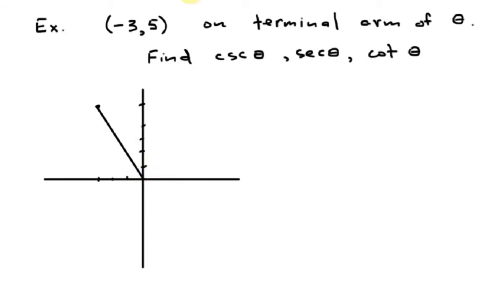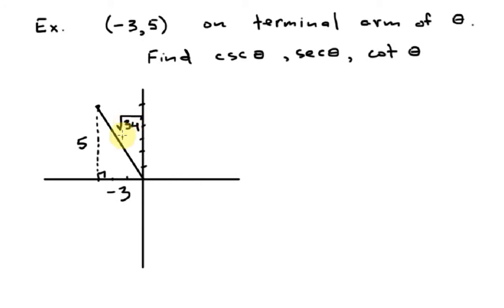Perfect. And what I'm going to do now is make my little right triangle. This side I think of as -3, and this side I think of as +5. If I use Pythagoras' theorem in this little triangle, I can figure out the hypotenuse. Okay, and we'll save you the trouble. I did this ahead of time, and I got the square root of 34